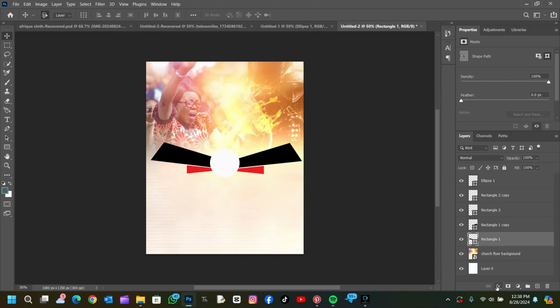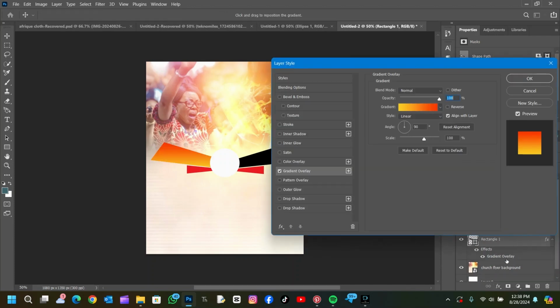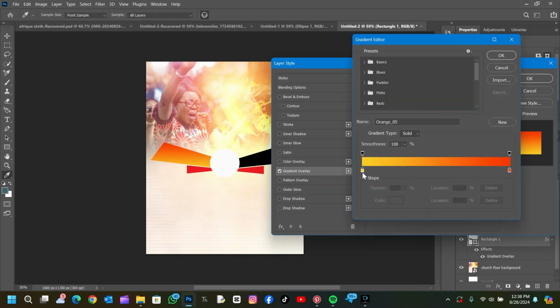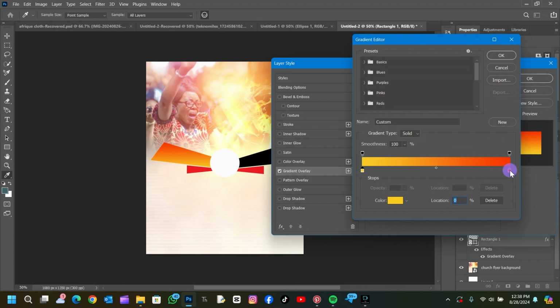You just go to the FX panel over here and go to gradient overlay. So it automatically changed to the color because that was the last gradient I used. But if you want to know how I achieved it, you can click on this color panel here, change this place to this color code. You can see the color code FACC22. That's the color code, and this orange, the color code is